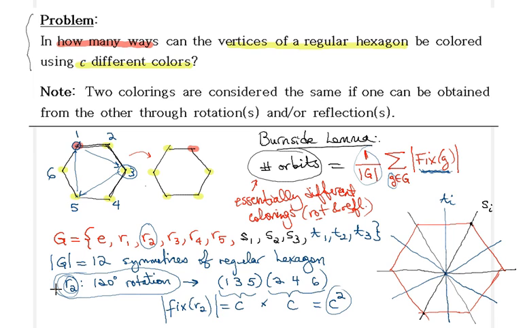Now we can go ahead and actually calculate each of these on a new page, and then we will make use of this formula, and then that would reveal the answer. So let me open a new page here. So let's start with the fix of E. Well, the fix of E would be, how many